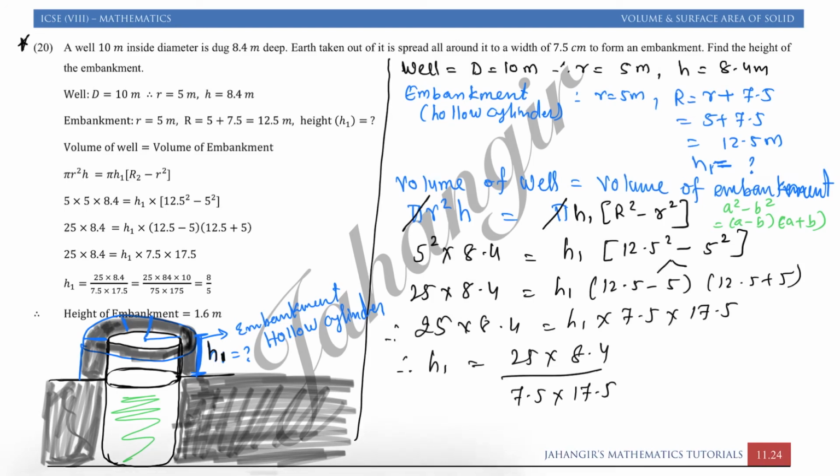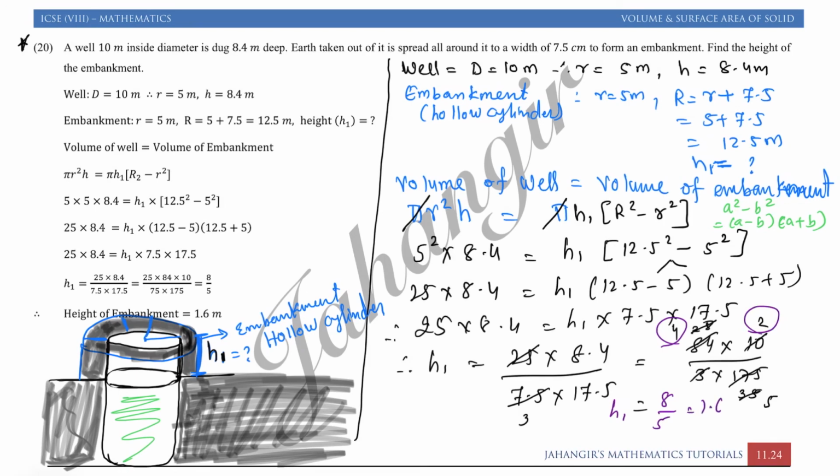Cancel out, what are you getting? Just see there, इसका decimal and decimal you can cancel. This is 3, so you will get 84 into 10 upon 3 into 175. तो 3 1 3, 3 2 28, 7 के साथ कट करते हैं. Let's cancel with 5. 5 2 5, 30, 5 7 4 7, 5 so we will get h1 is 8 by 5, that is equal to 1.6 meter.